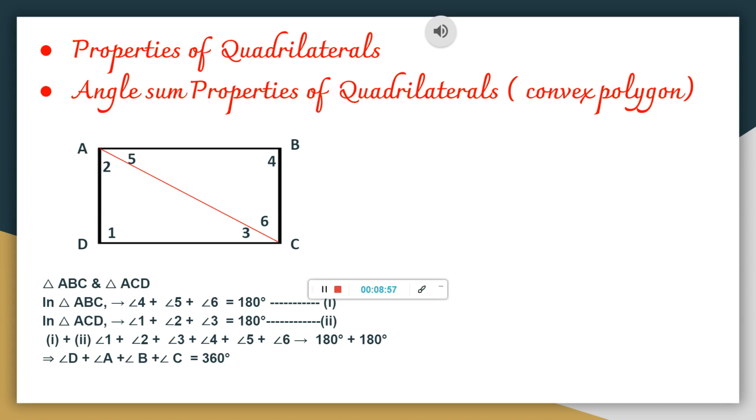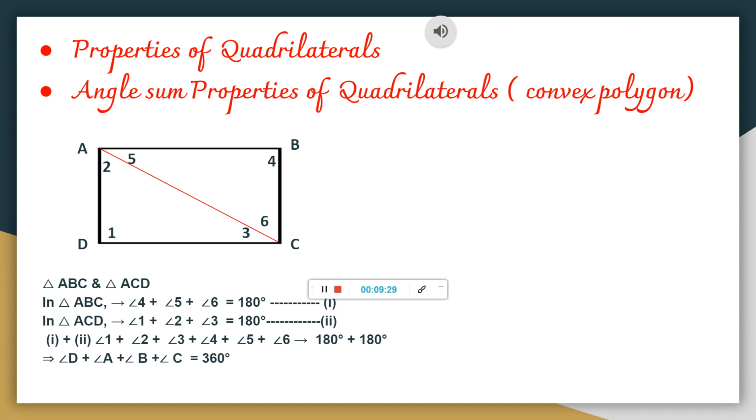Here you can see the picture of a convex quadrilateral and we want to find out the angle sum property. Basically, we want to find out how much would be the sum of the four internal angles. So that is what we want to find here. For that, we consider this as a quadrilateral and let us name it A, B, C and D.